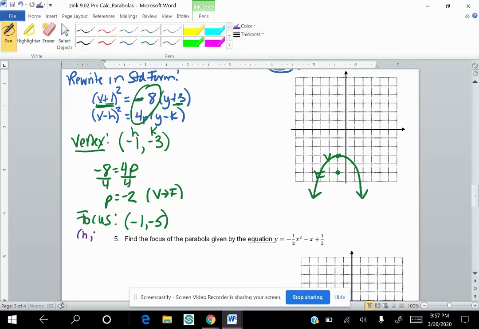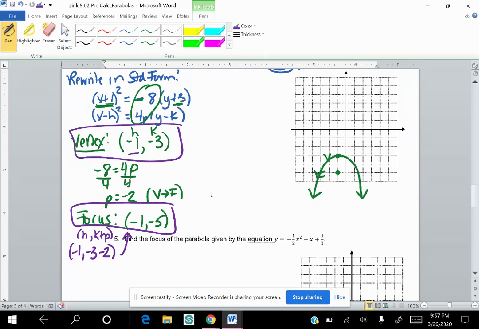Is h, comma k plus p. So if I took h was -1, matches, k was -3 plus p, which is -2, and we get the same thing, -1, -5. So now I have the vertex, I have the focus, and lastly, it asks us to